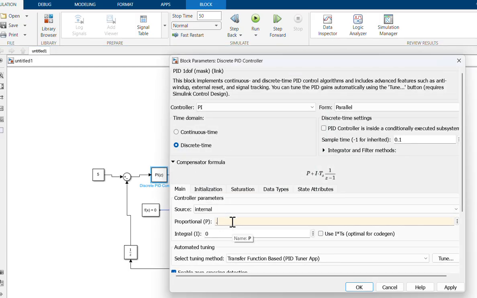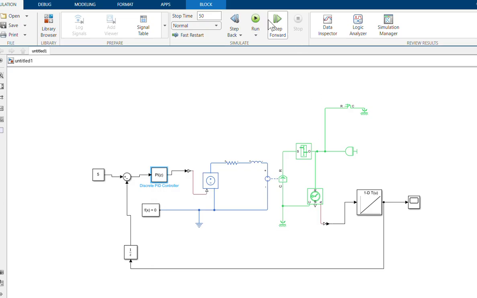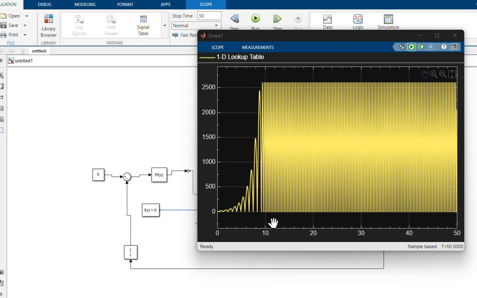Okay, 0.4, apply. Okay, run, and then we look at scope. It goes to the 8, anywhere close to the 8, and then we look again.